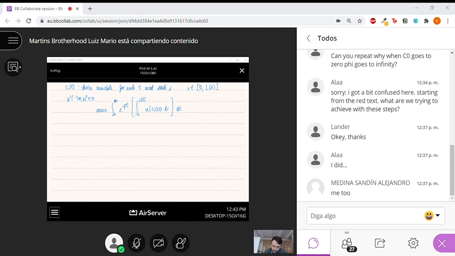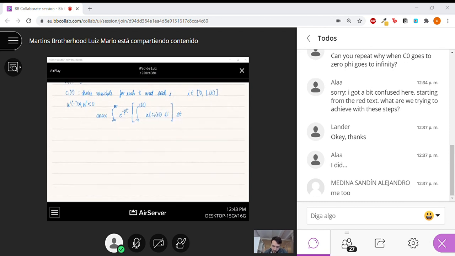Okay, so before we only had u of ct, and now we have this. And the idea is that in each time period, so fix a time period, so fix a term inside this integral, you have the discount factor, and remember that the integral is intuitively the sum. So for a given time period, the household is trying to maximize